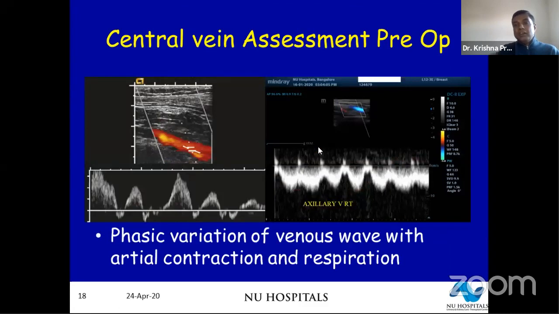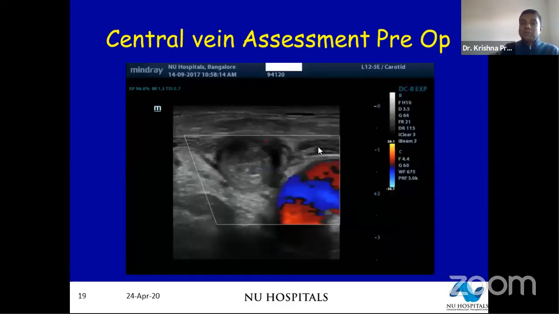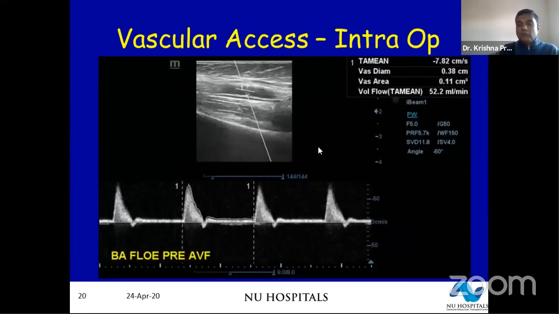Moving on to intraoperatively, a preoperative central vein assessment, if you're able to do it, very good. You should be able to show phasic variation in the axillary or subclavian veins. If you do not have the skills to do it, get your radiologist to help you out and show you the phasic variation, which means to say the central veins are patent. Many a time, these patients come in with thrombosis in the IJV because of catheters which have been placed earlier. You're probably better off getting a CT venogram to look at whether there is extension of thrombus into the brachiocephalic vein. So a very focused outcome evaluation on table.